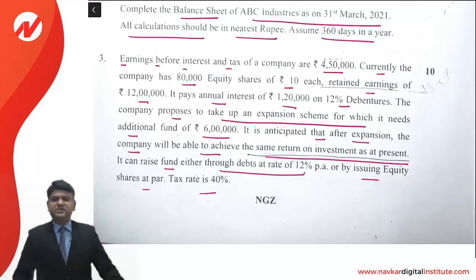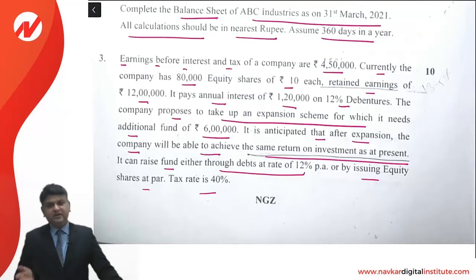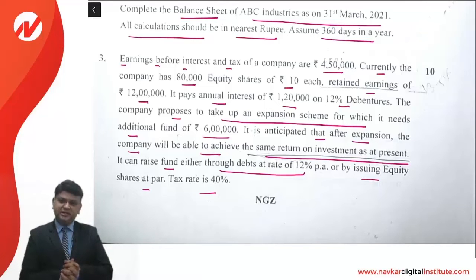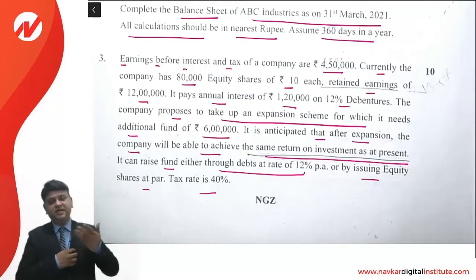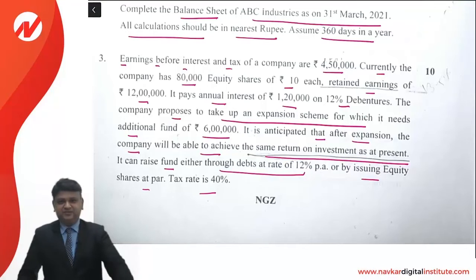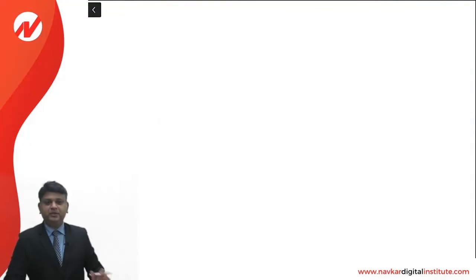Dear students, over here the question specifies that you are required to advise whether the company should expand or not. It means that we will compute the current EPS and earning per share for both the plans. In case earning per share of both the plans is less than the current earning per share, we will advise that you should not expand. If at all the earning per share is increasing, then in that case the option which has the higher increase in earning per share will be selected. That is what we understand. So friends, first of all, I am giving you an explanation of the question.